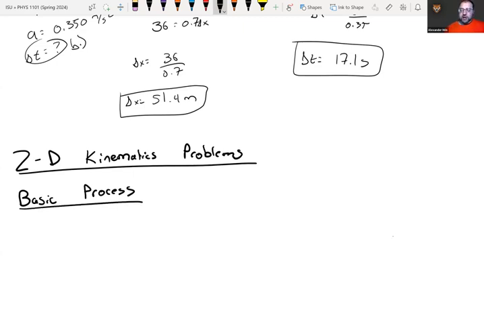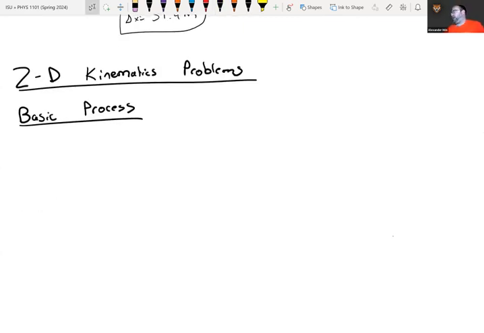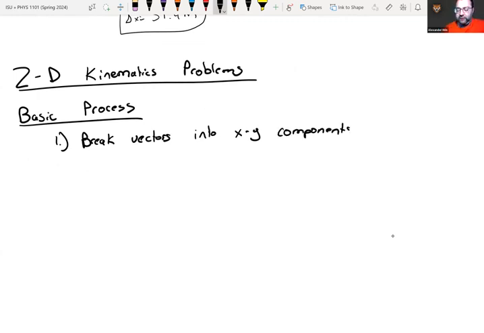And the basic process that I want to talk about is, step one, you want to break your vectors into components. So break vectors, and these are all your kinematics quantity vectors, which is everything but time. Everything but time is a vector. So you want to break it into x and y components. This is why we spent a class doing that yesterday, becoming familiar with that, because this is how we analyze